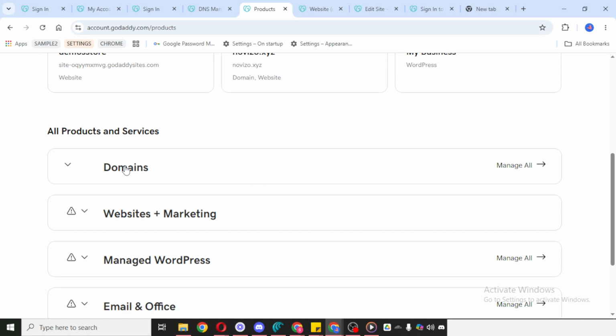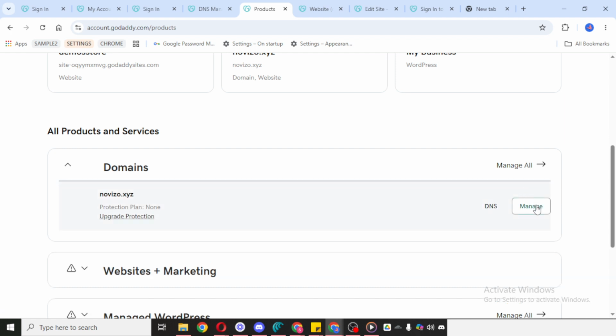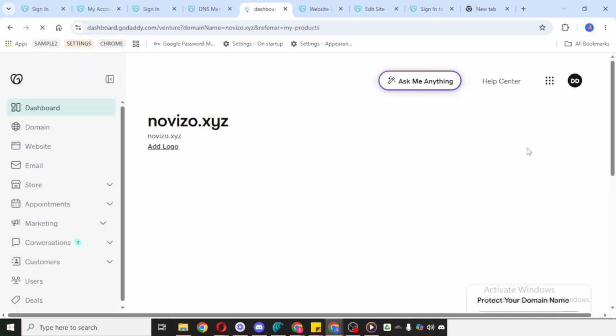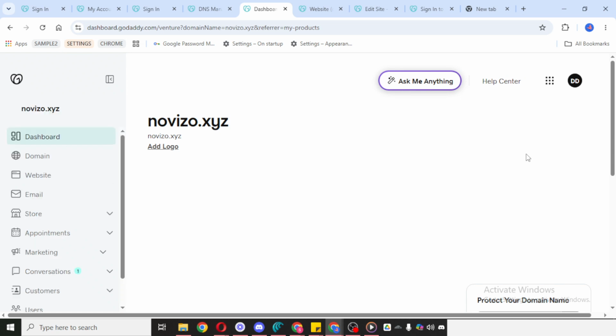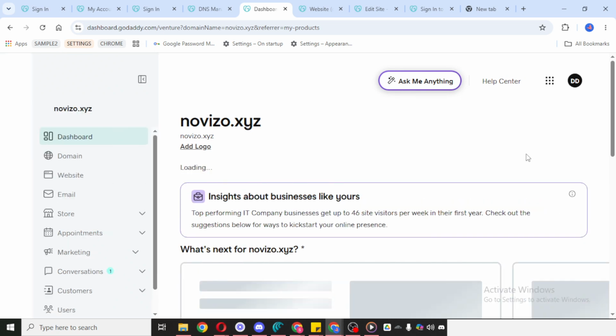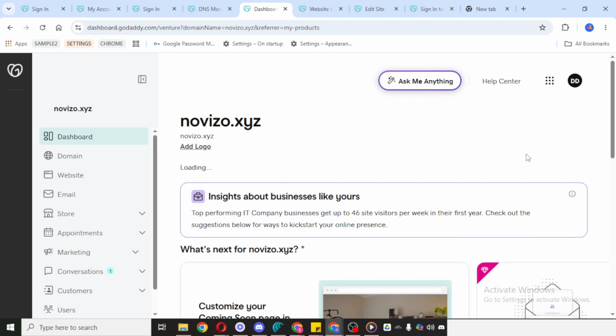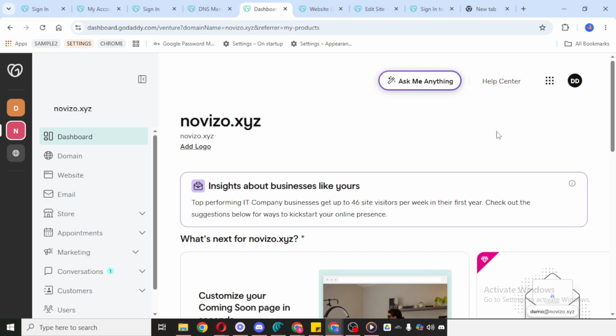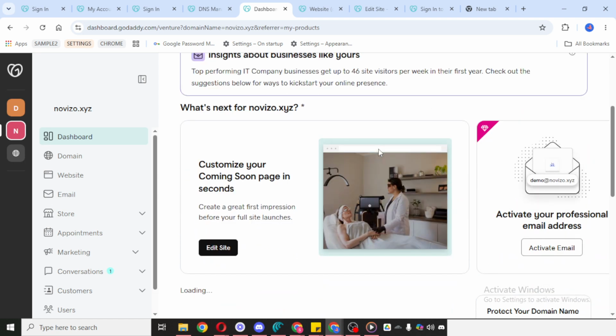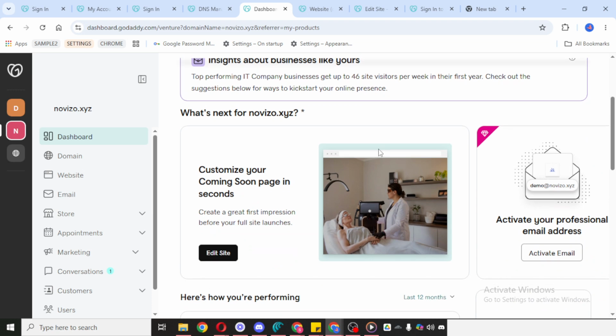Next, click Domains. This will show you the domain names available in your account. Find the domain you want to use for your custom email address and then click Manage. This section is where you control the settings and connected features for that domain. After that, click Emails. This will take you to the email management area associated with the domain. From here, choose the option to create a new email user. This is the part where you'll build the custom address you want to use.